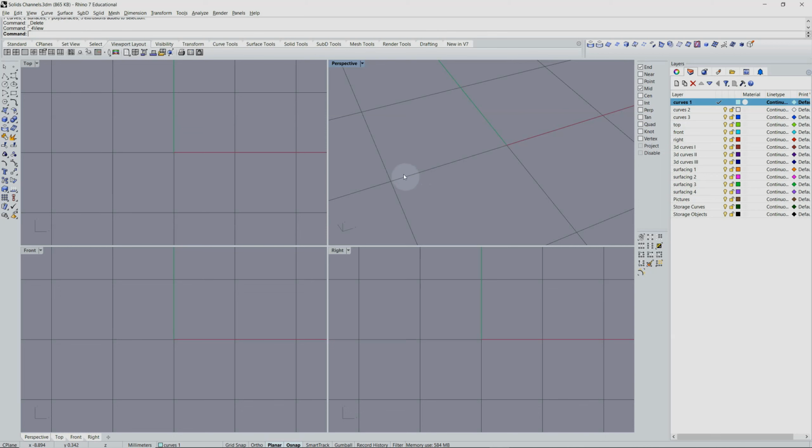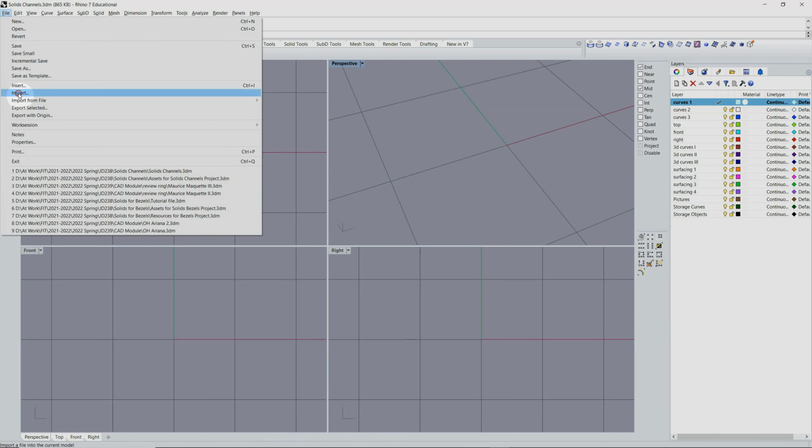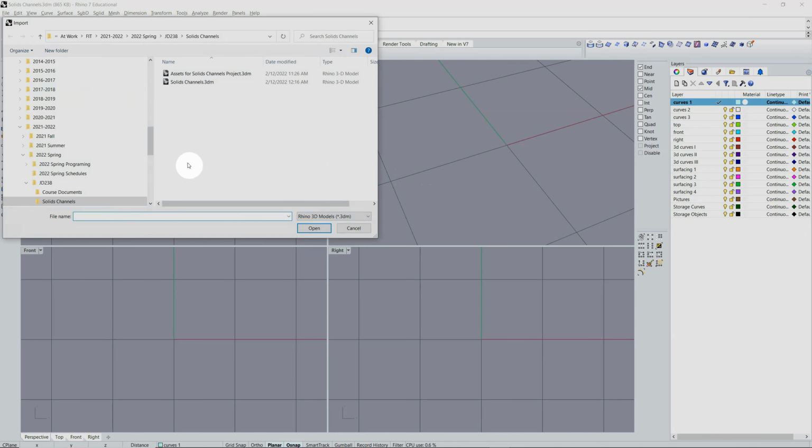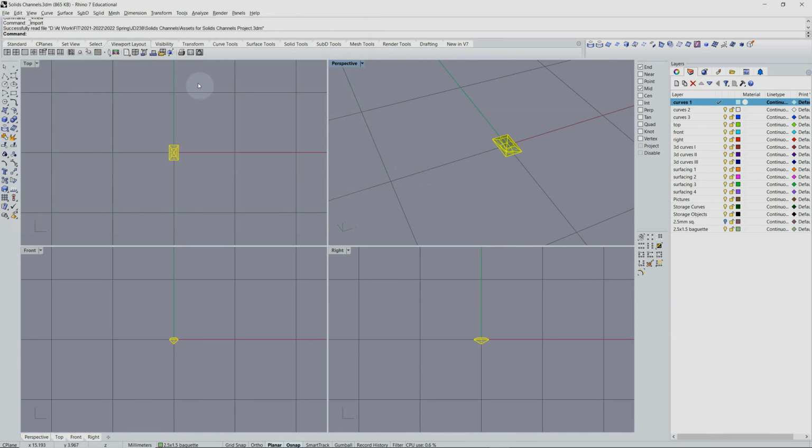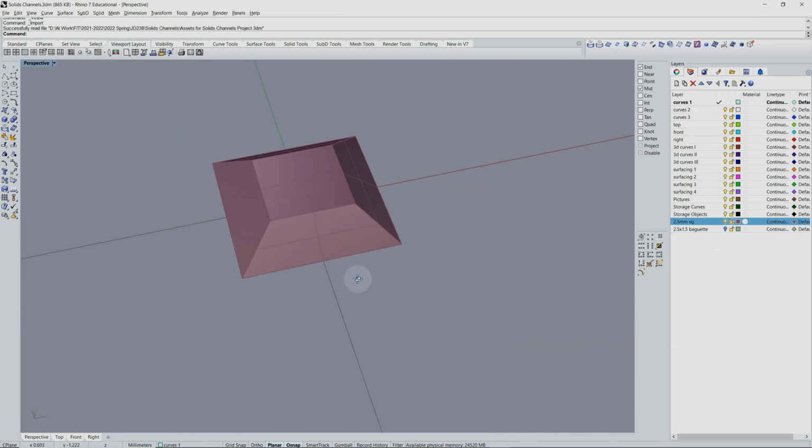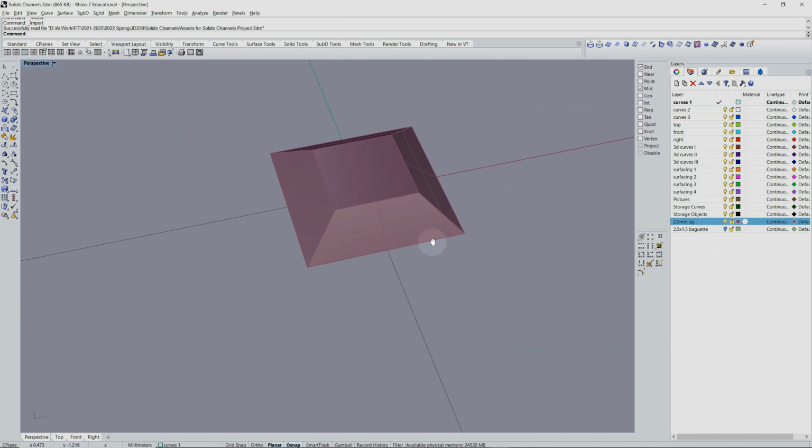The first thing you'll need are the assets that I have posted for you to use in creating these models. So go ahead to wherever you store these on your computer, and you will see that these assets include a 2.5 by 1.5 millimeter baguette and a 2.5 by 2.5 millimeter square or calibre cut. I'm going to maximize the perspective viewport and then begin to create a layout of 6 of